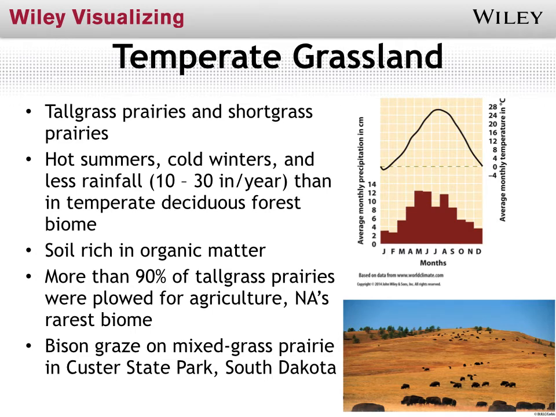Kind of go to the central part of the United States and we get into the temperate grasslands. We get a variety of different types of grasslands, tall grass prairies, short grass prairies. As simple as it sounds, some were dominated by taller grasses and got more rainfall. Others were dominated by literally shorter grasses that got less rainfall. Characterized by hot summers, cold winters, not unlike the temperate deciduous forest, but less rainfall than the forests, 10 to